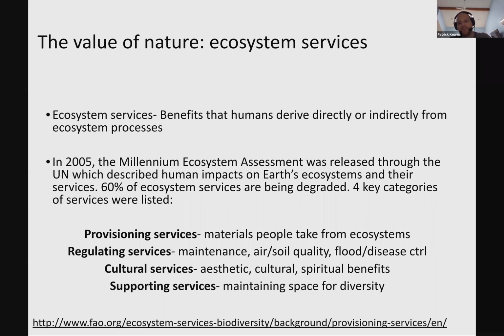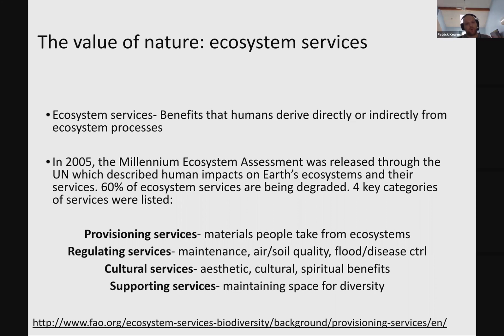Now, this gets us to a broad term by which we call ecosystem services. It's a term that has a really interesting origin that would take me like 10 minutes to explain, but it's really at the intersection of science and economics and policy. It's less so a scientific term, but more a term applied to get people thinking about policy and nature and economics and nature. But anything that is an ecosystem service is something that benefits humans directly or indirectly